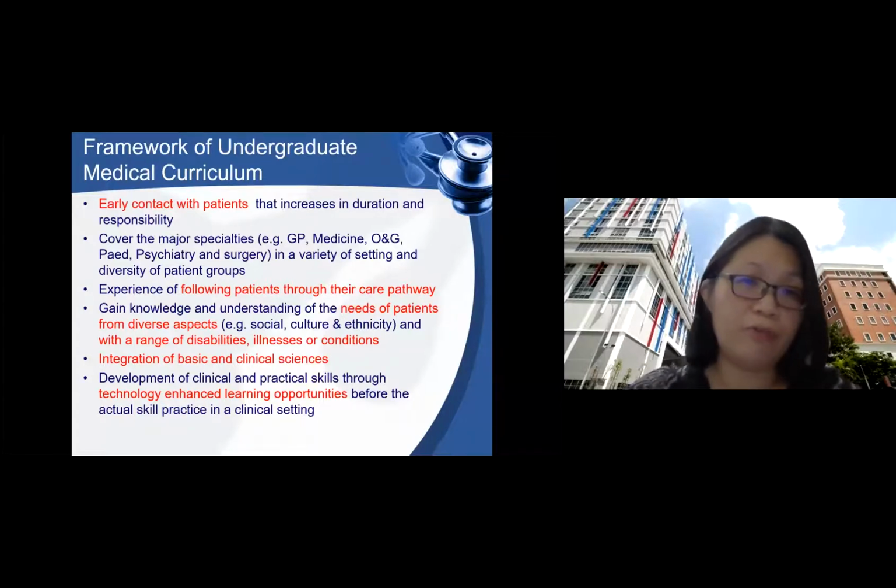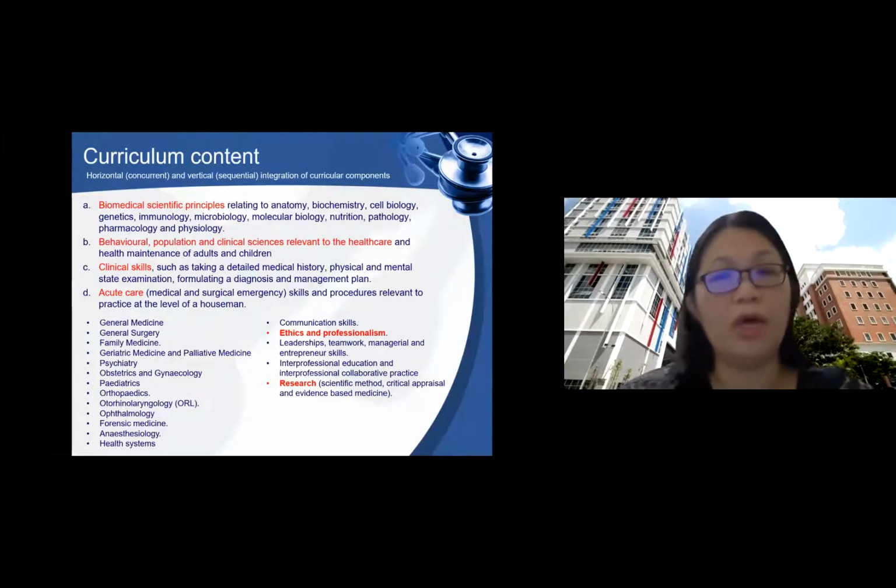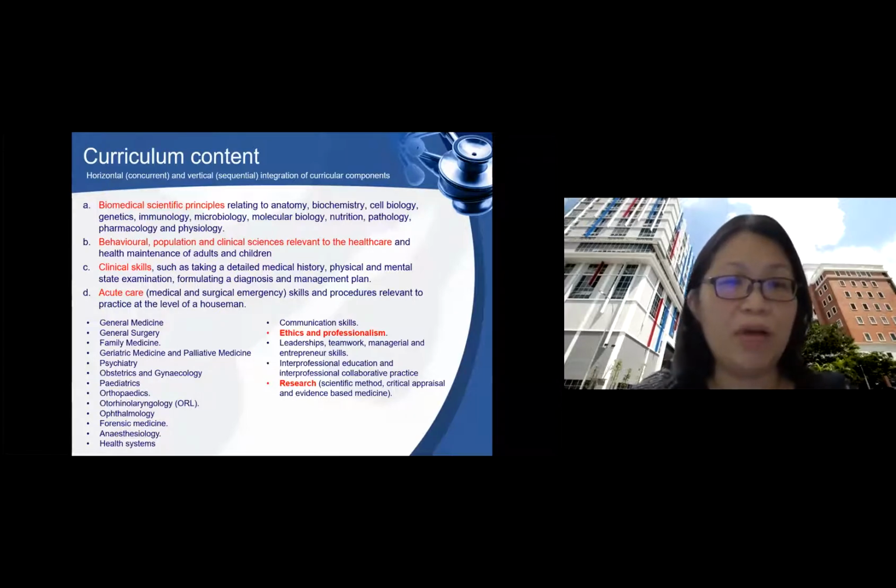So this is a brief introduction about the framework of the undergraduate medical curriculum, where these are all the items that should be included in the program design. Okay, the curriculum content of the medical program in Malaysia must emphasize all of these items listed here, and the curriculum should be delivered in either a horizontally or vertically integrated manner. So all in all, after the 5-year program, the student should